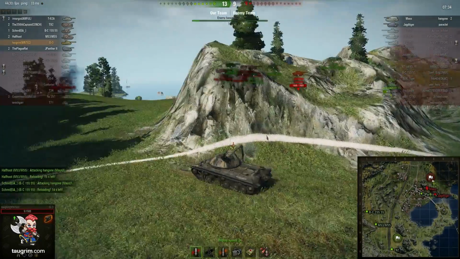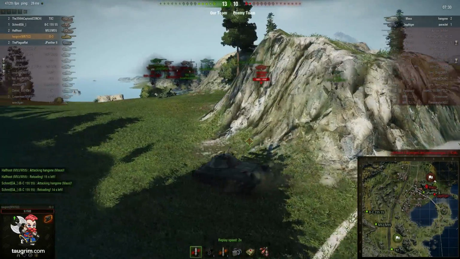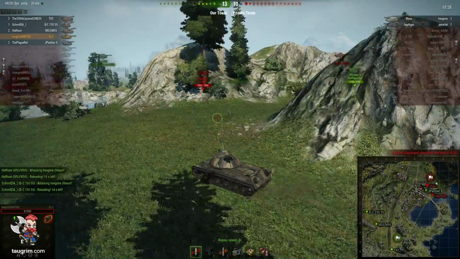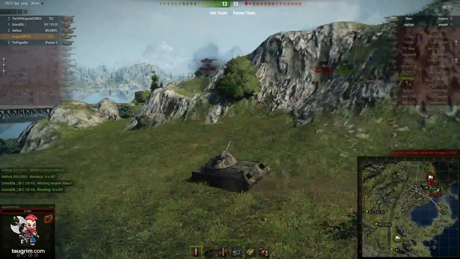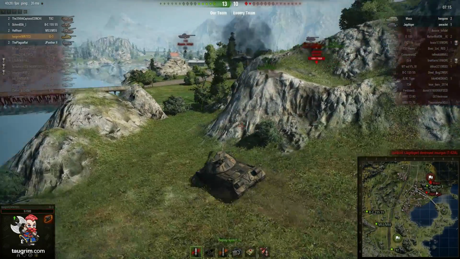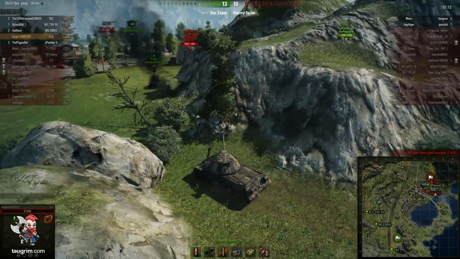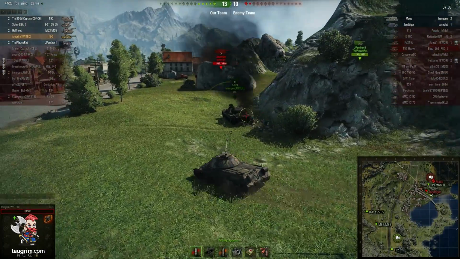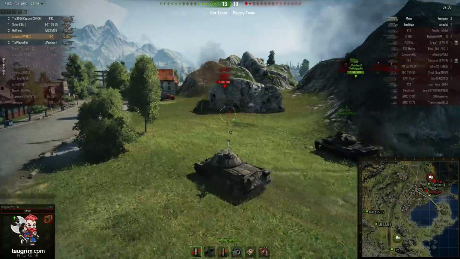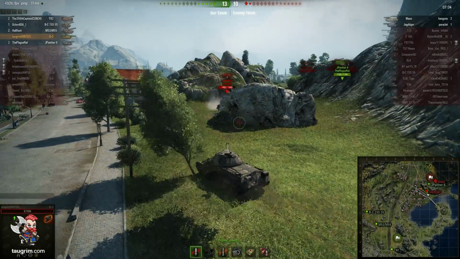The Jagdtiger pushes out and kills our T-62, and so while we do have a 5-2 tank advantage, it is a little bit deceptive because their tanks are both at very high health, and if they take the tier 8s out on our side, then our arties are going to be stuck facing these two tanks by themselves. Now luckily, one of our arties gets a nice shot on the Jagdtiger and tracks him,